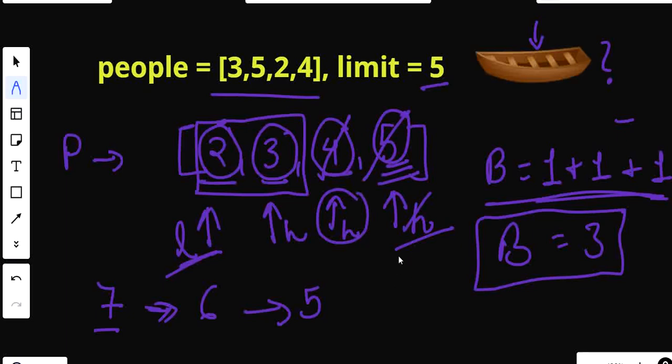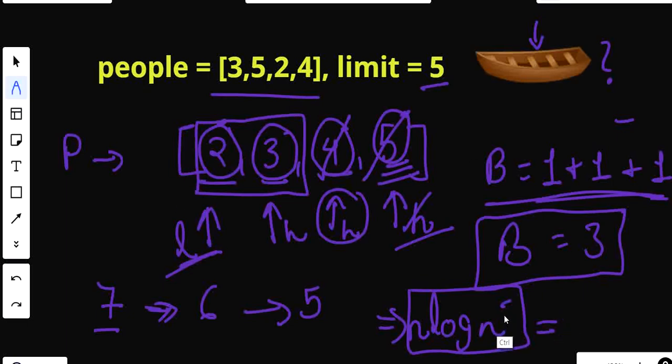So this was the whole algorithm and I hope I was able to explain it to you all. The time complexity of this whole algorithm will be big O of n log n, because we are using sorting. So the sorting function will use n log n, and after that we are also checking this whole array. So the time complexity for that loop will be big O of n, and at the end the outcome of this will be big O of n log n.